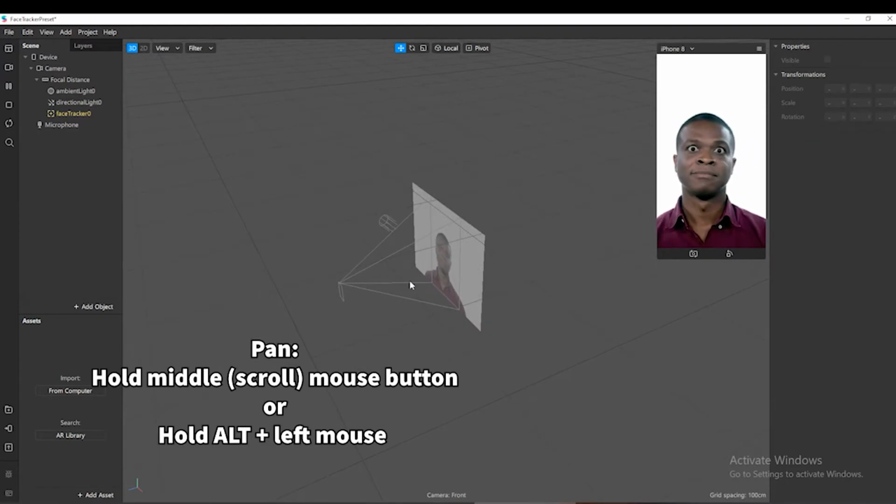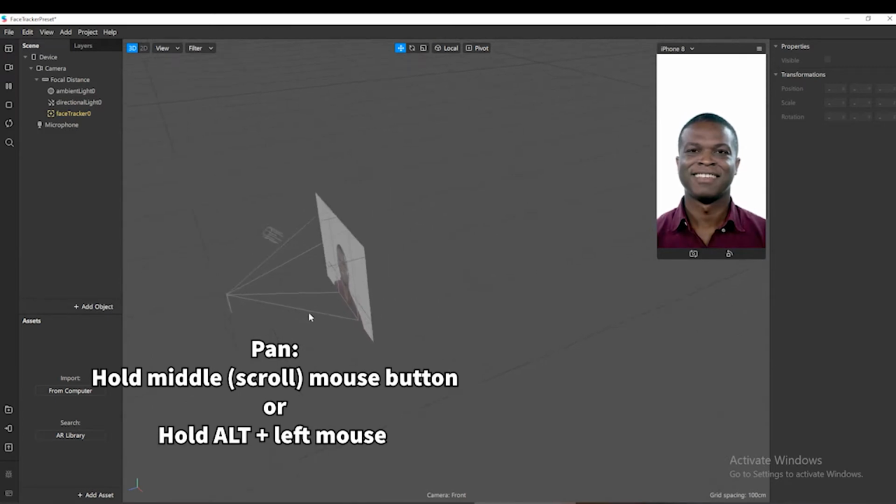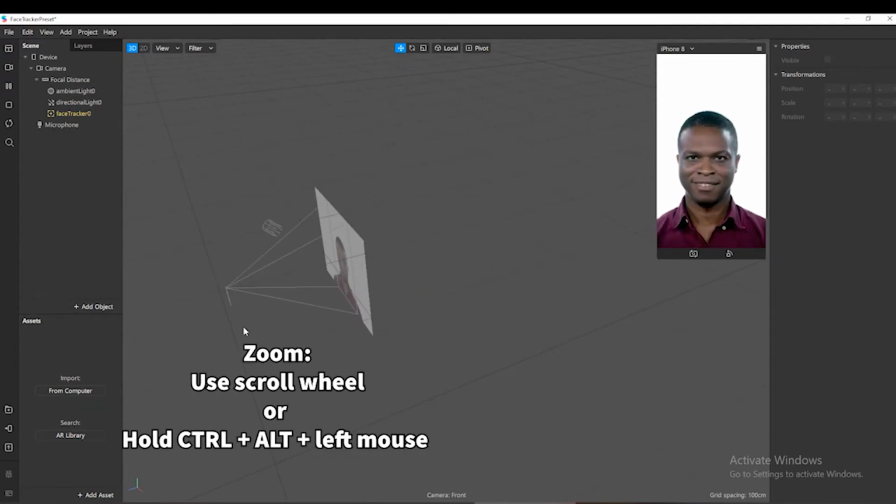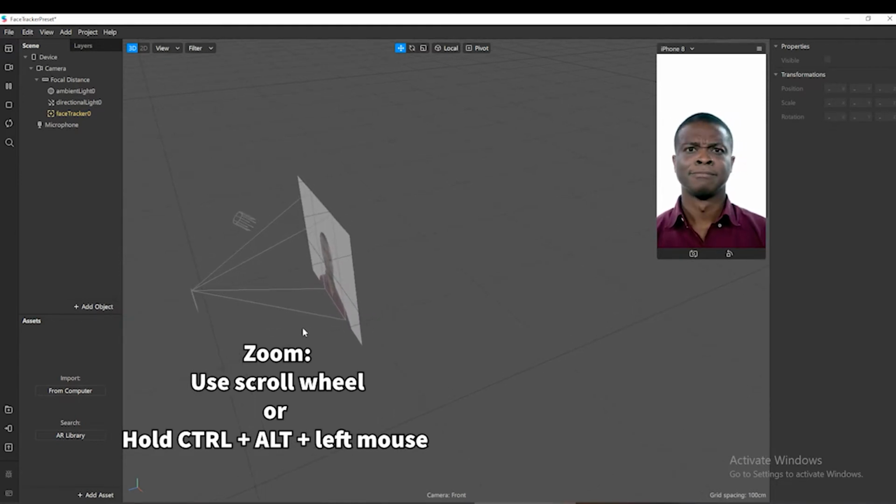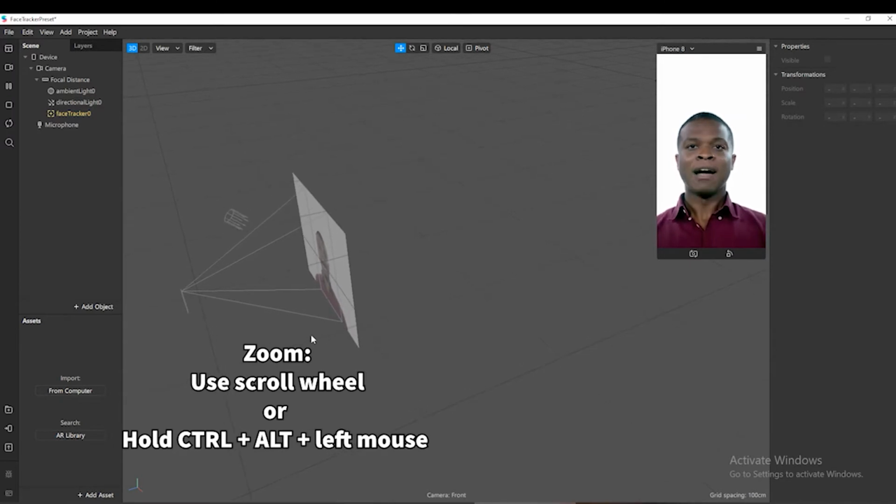Or you can hold down the Alt button and the left mouse button to pan as well. To zoom, you can hold Control, Alt, and hold down the left mouse button and move your mouse, and that's